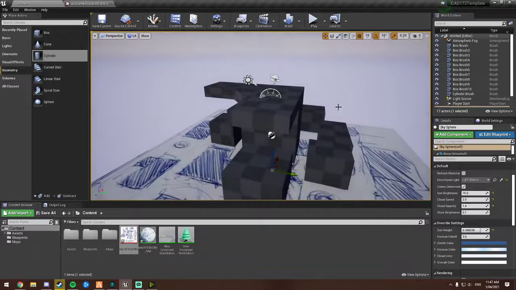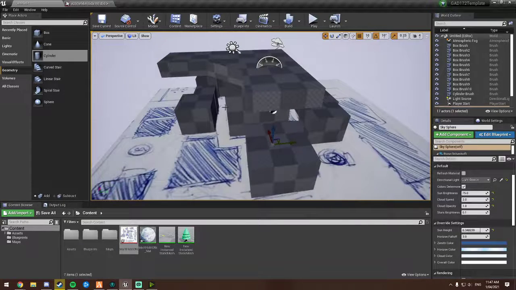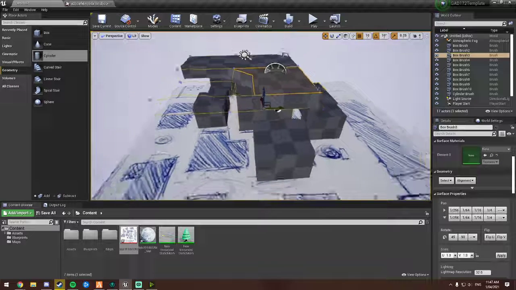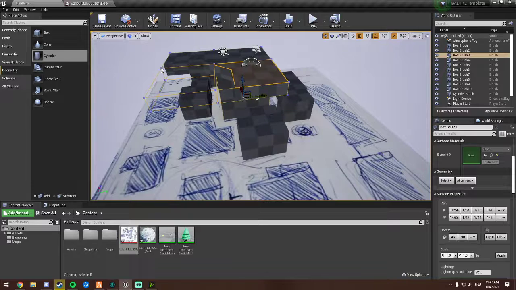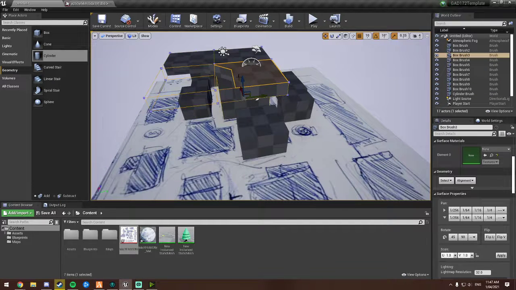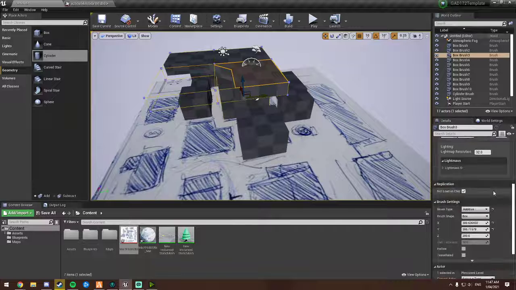Now, once you've blocked out your entire level, and only when you've blocked out your entire level, you'll notice that BSPs are starting to slow your computer down because it's got to calculate all of this information. What you can do is convert your BSPs into static meshes, which will reduce the load a lot. The way you do that is you highlight the object that you want to convert to a static mesh, and you go down to the bottom,